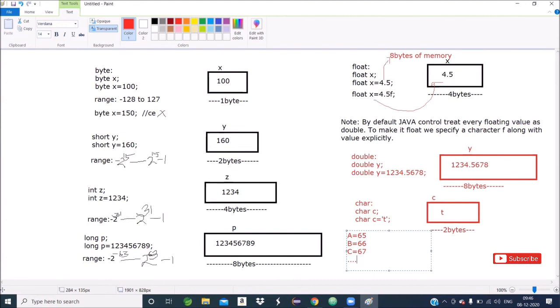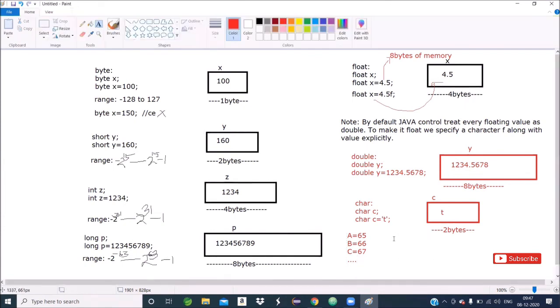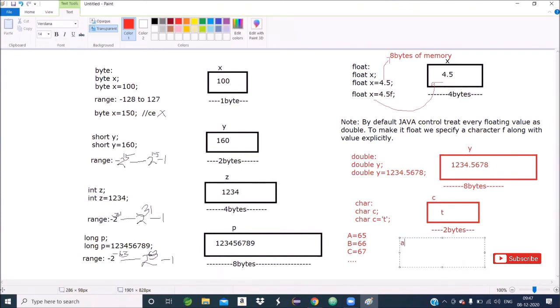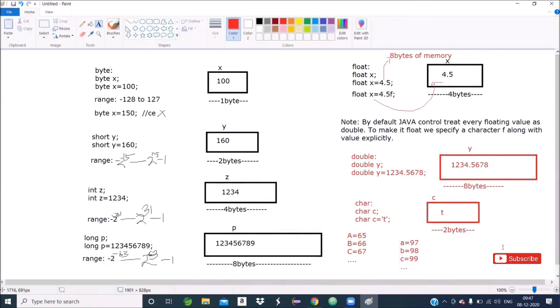Similarly, lowercase a value is 97, lowercase b value is 98, lowercase c value is 99, in this way, d is 100. So what are these, 65, 66, 67? These are called Unicode.